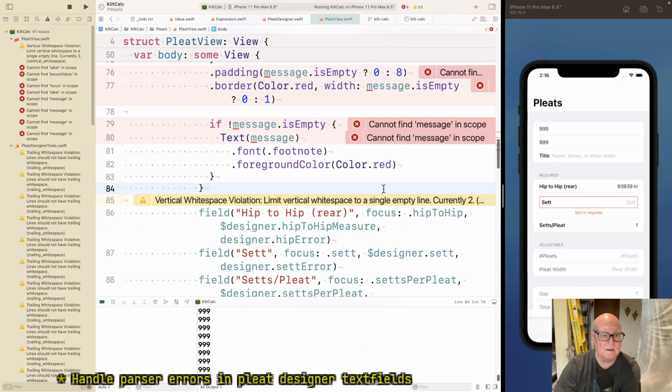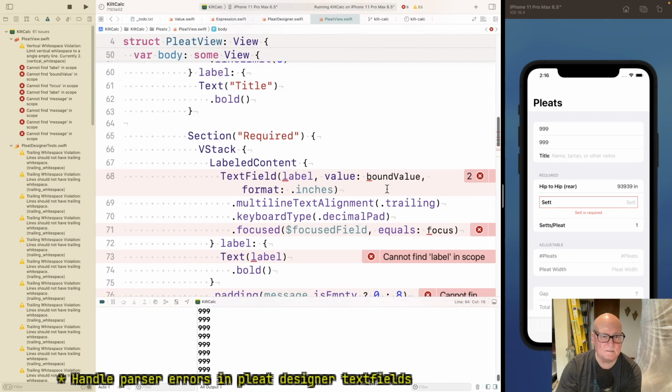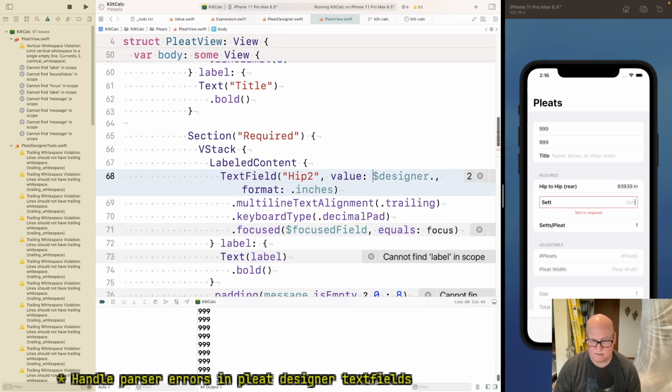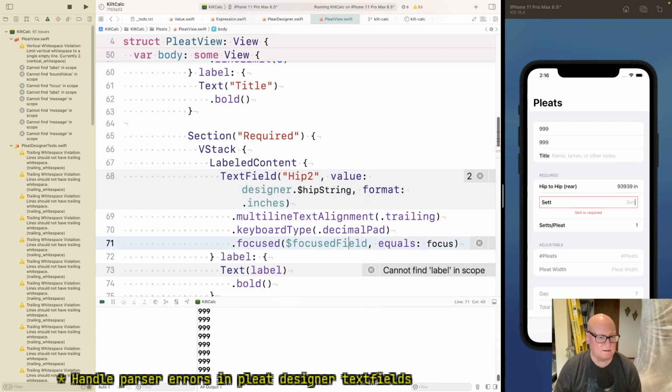All right. Let's make the label hip2. The value is $designer dot, I don't think it's not dollar designer. I think it's designer dot dollar hip string, which doesn't exist.